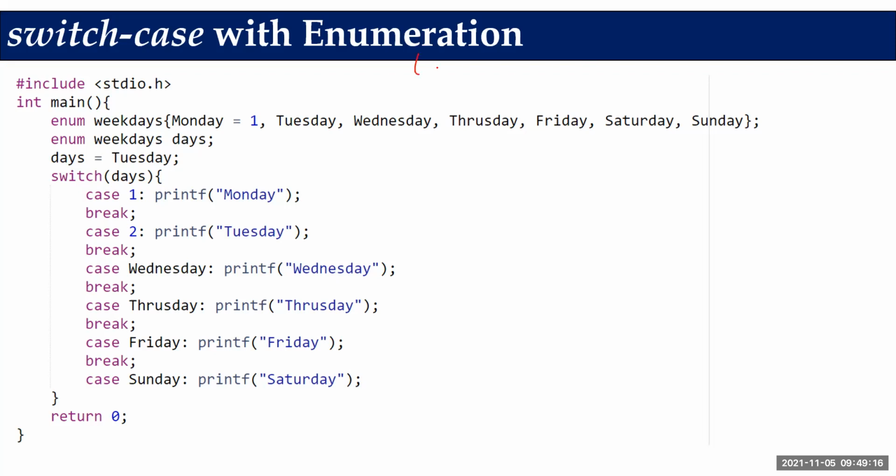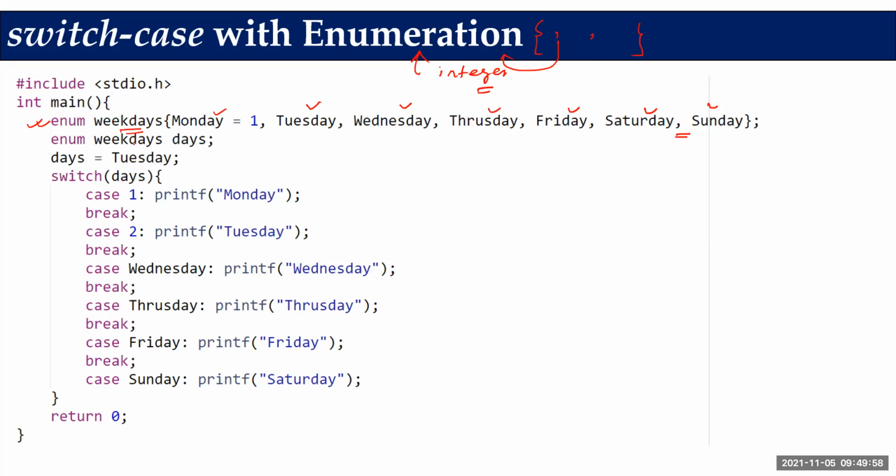We all know that enumeration is designed on top of the integer data type. Enumeration is also called a user-defined data type, and it has a possible list of values. Any particular enumeration can have any value from the given list only. So here you can see, I have created weekdays as an enumeration, and it has 7 days, correct? 7 days as in a week. So if we ask what is the day today, definitely it will be one of these possible values only. There should not be any day outside of this list.